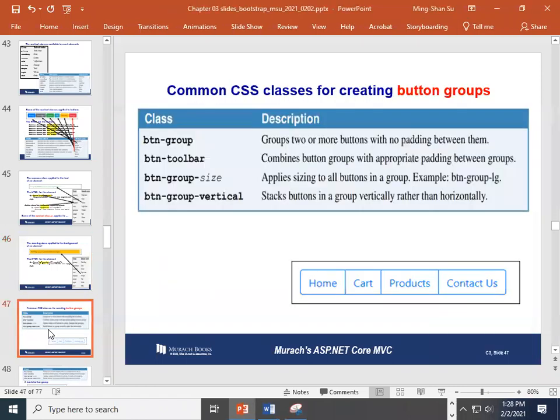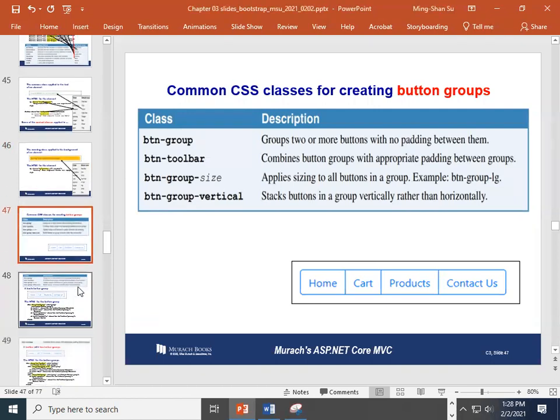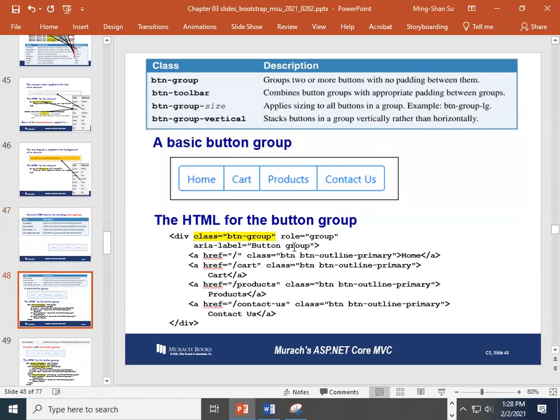Next one, button group. If you have a set of buttons you want to group together, you can use the class name button group. Let's see how to use it. We have four buttons you want to group together, so you use an outer div element with the class button group. Then inside you put whatever